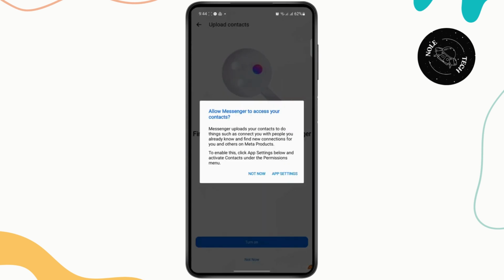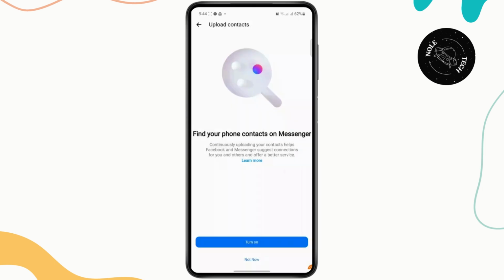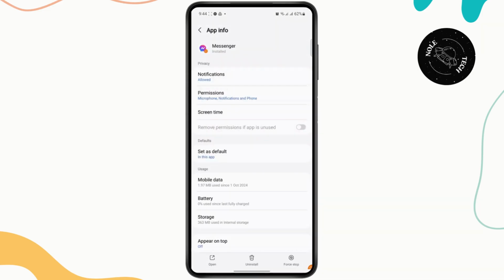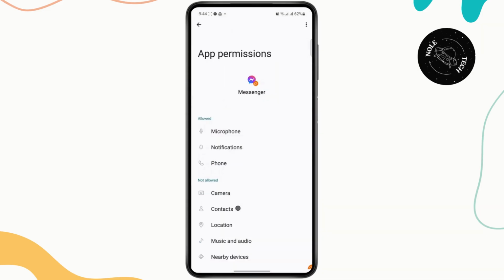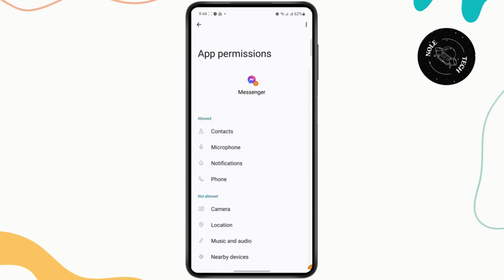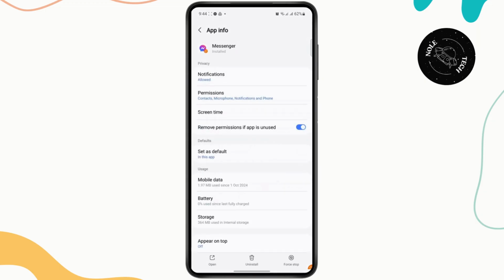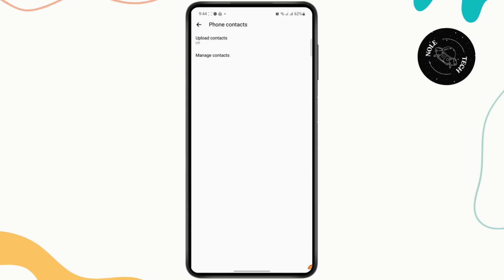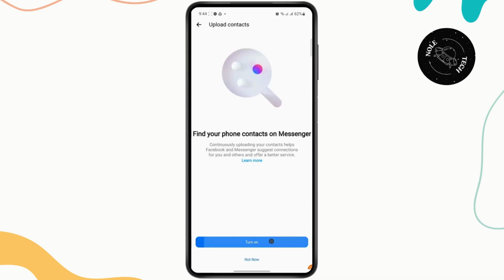Now you'll have to allow Messenger to access your contacts. So just tap on app settings. And then from here, head over to permissions and make sure that you allow the contacts. And once that is done, you can just go back to your Messenger app and your upload contacts should be